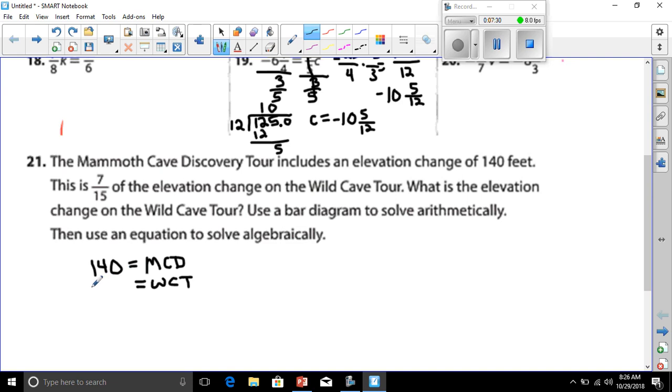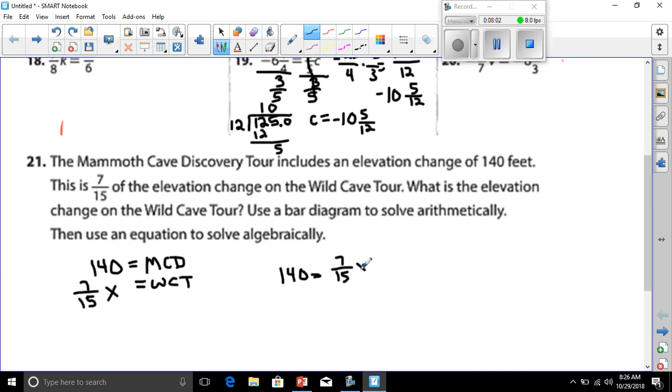So this is 7 over 15, and we don't know what it is yet, so we're going to have to put x, okay? So now we have our equation, 140 equals 7 over 15